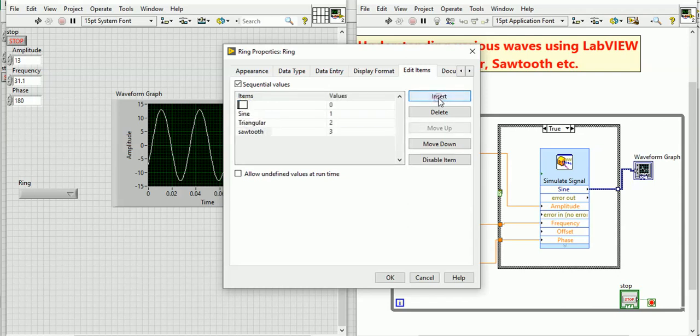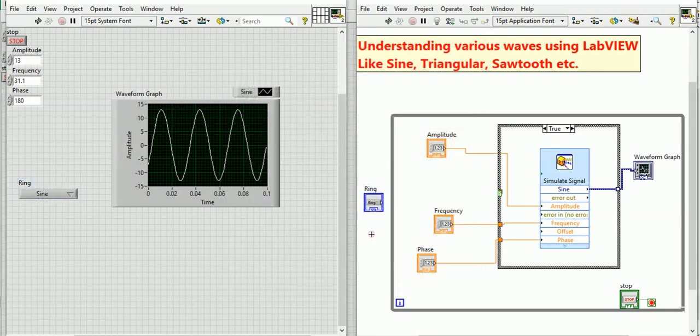Okay, fine. So we will add three items as of now, and then click OK. Now I have to connect this to the case selector. This is the one, and I will copy this simulated signal from the palette, and then I click OK.